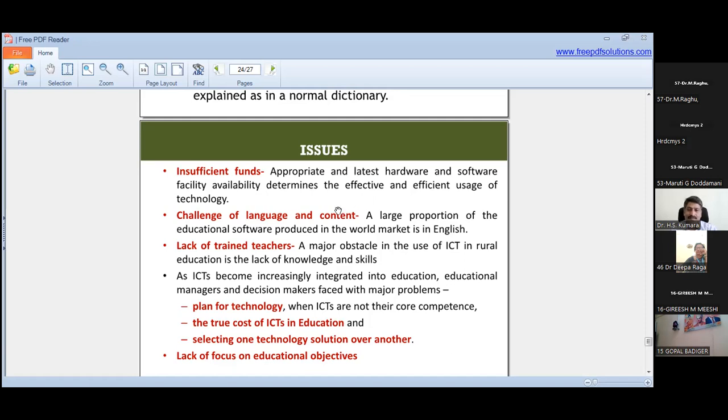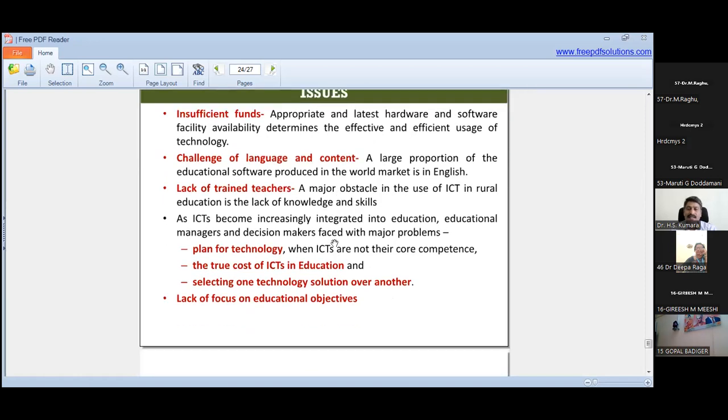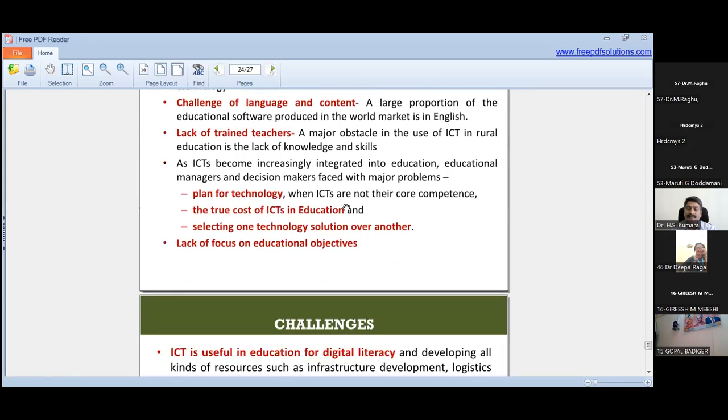In the present context, private players are playing a very important role, as well as MOOC courses, in linking with various educational objectives. Very importantly, I think you are all well versed with the app called Byju's. As of now there are almost 10 million users available across the entire country.